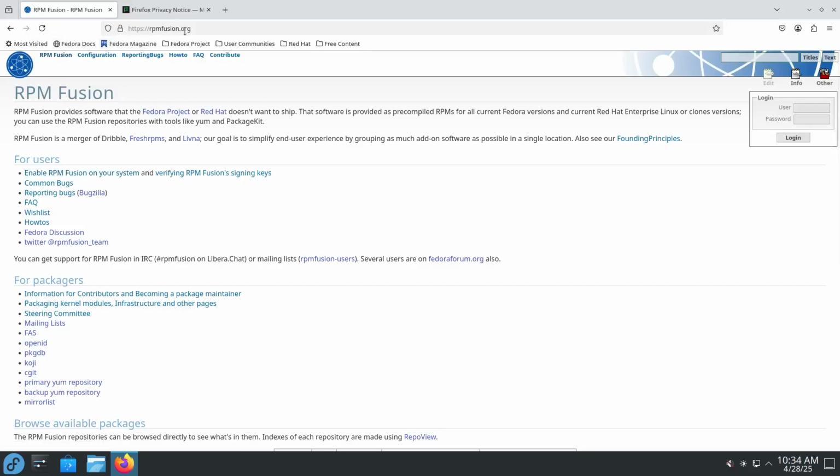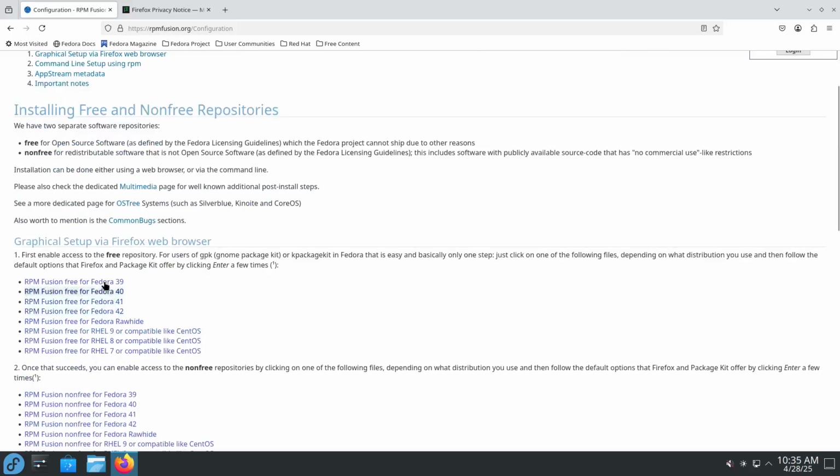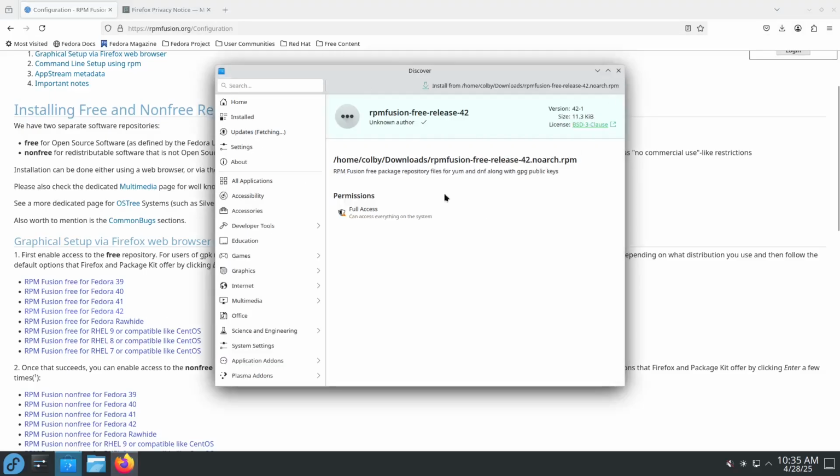You go to just rpmfusion.org. This is going to be able to enable extra packages and things you may need. Find the version you're using, which we're using Fedora 42. So you can set this up. It'll download a file, and you're going to want the free and non-free ones. So once it downloads, you can just click on that. It'll pull it up here,